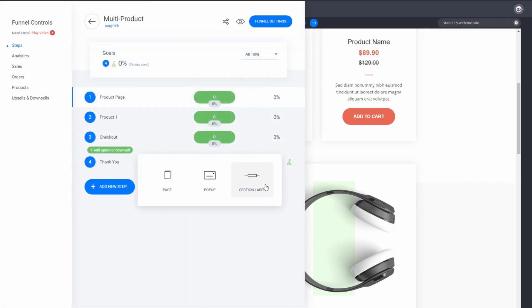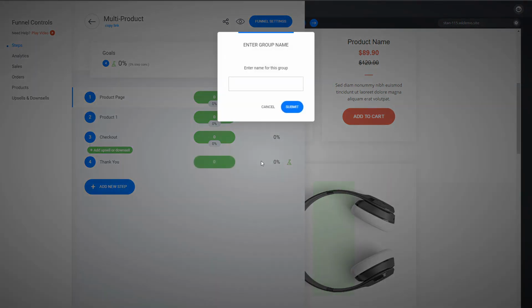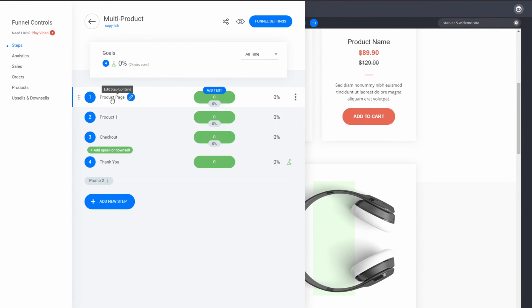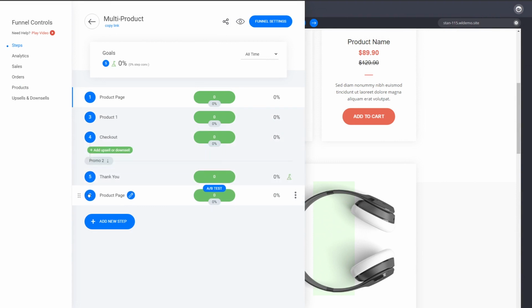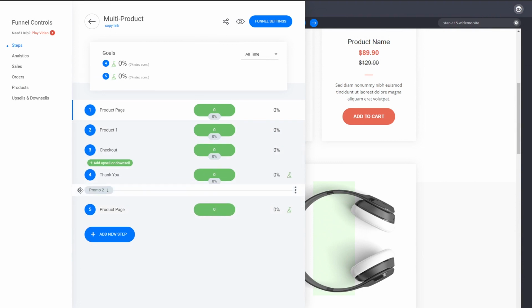You can maybe create a new section, for example, and create another flow within the same funnel for another set of products if you wish. I like to use sections because they're really cool for organization. So you can say promo 2 with, let's say, another 2 products, and now you can create another. You can just duplicate this one, for example, and you're selling another set of products, all within the same funnel. So maybe a whole campaign that you're doing, but just different